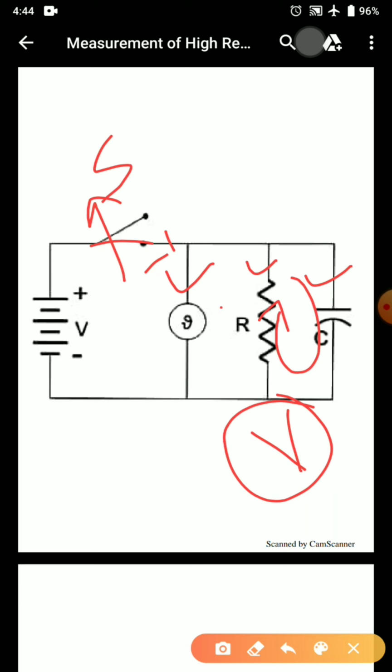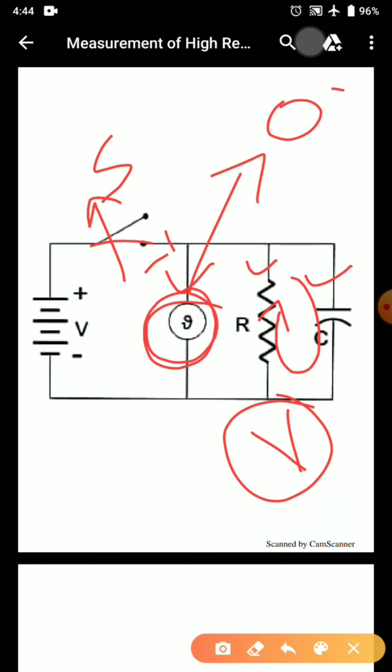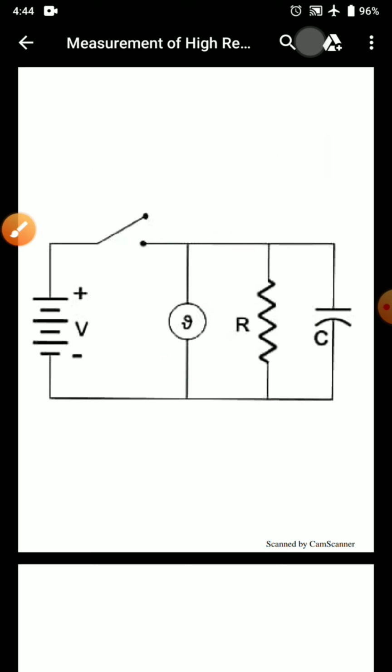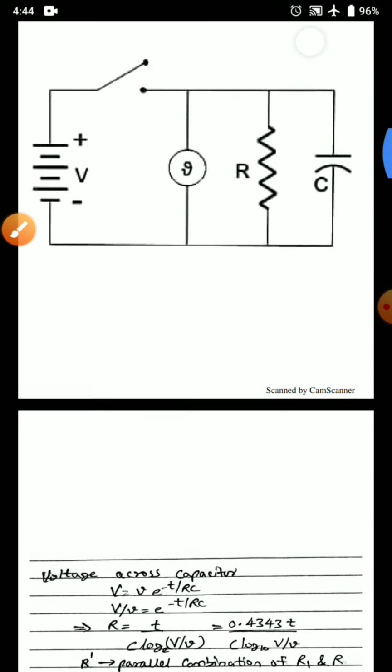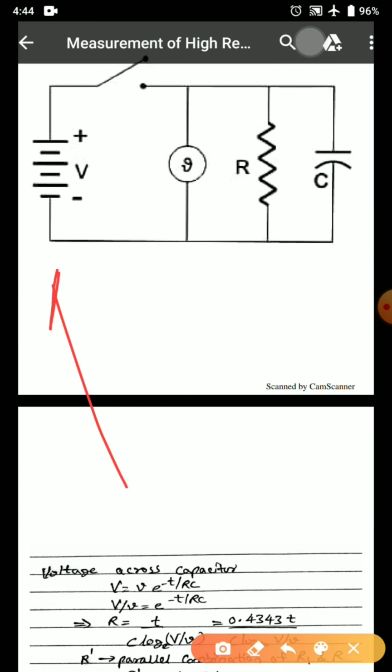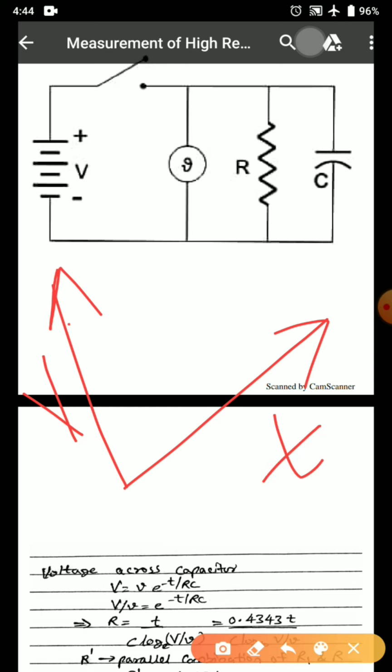When the capacitor is discharging, the voltmeter will keep on monitoring, and when the voltage across the voltmeter becomes 0, it means the capacitor has completely discharged. The discharge rate of the capacitor depends on the value of the resistance. If I plot the charging of a capacitor to voltage V, then for a time t, it will discharge. The discharge will be exponential